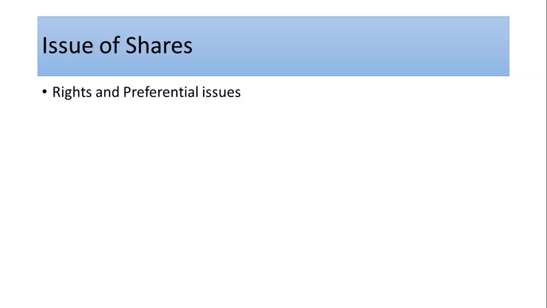Move on to the next one, preferential issues. Here the issue is not meant only for the shareholders, but preference is given. That's the difference. So the company is coming with a new issue. At that time they will ask the existing shareholders, yes, we are going for an issue, are you interested or not? If they are interested, it will be issued, and otherwise they will move on to the next person,